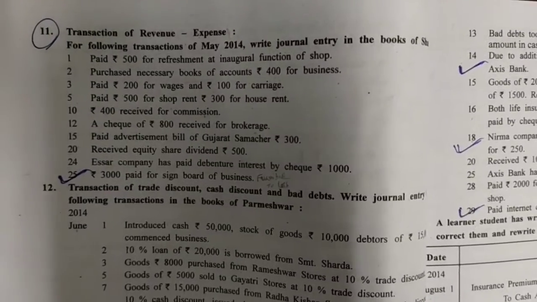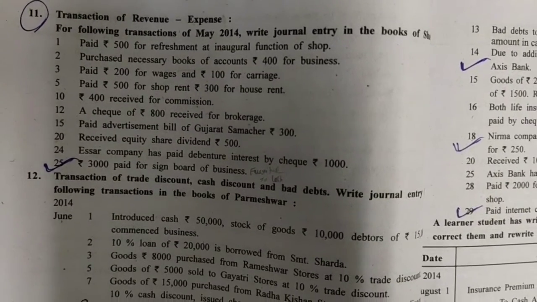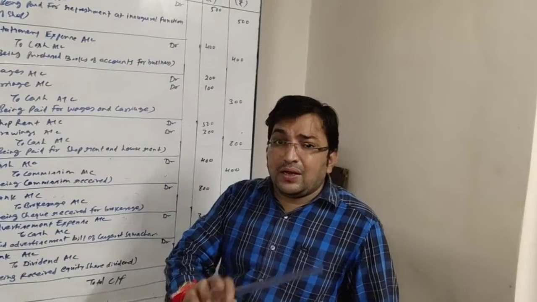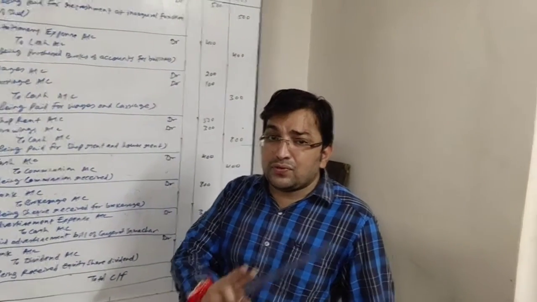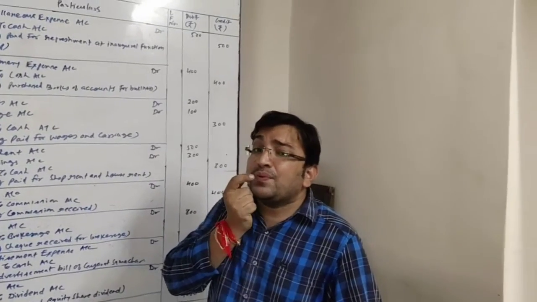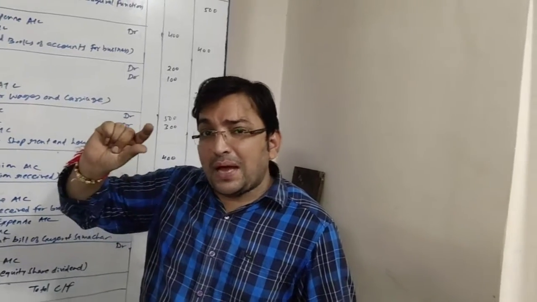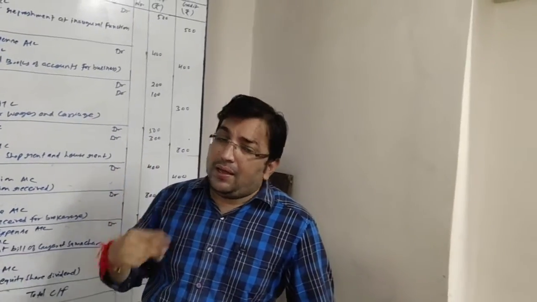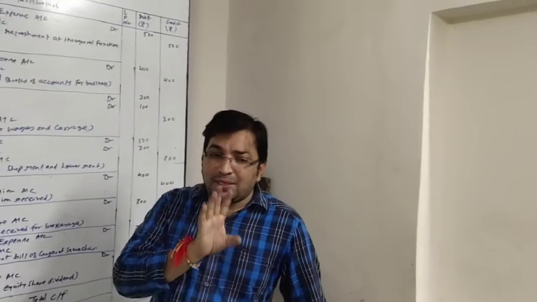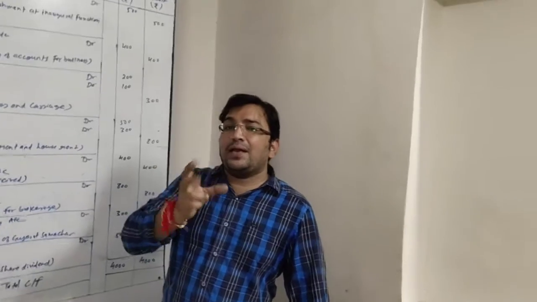Third transaction, which is on date 3, paid rupees 200 for wages and 100 for carriage. Now there are two different transactions, rupees 200 for wages and 100 for carriage, but their nature is the same. Nature is the same means what? Both are expenses. Carriage is also an expense, wages is also an expense. So we can pass a combined entry for both transactions. If we want, we can pass two different entries, one entry for wages, one entry for carriage, but no need, we can combine here, because the nature of